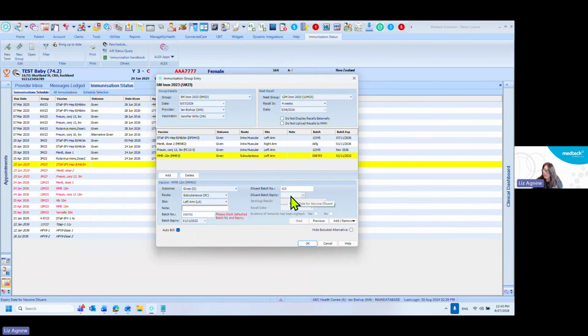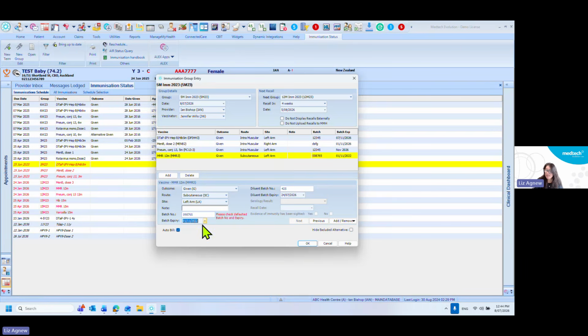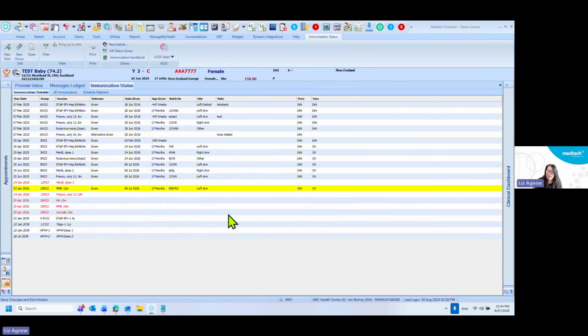Let me just pop something in here and I'll show you what that claim looks like. So if I OK that, it says that I have got an expired batch expiry. So this now allows you to correct the information. If I hit correct here, I can see that this MMR is out of date. I can then go to a future date and put that in and update it. Okay, so that's added in those items, and because I put in that 12-month MMR, it's also recorded that in